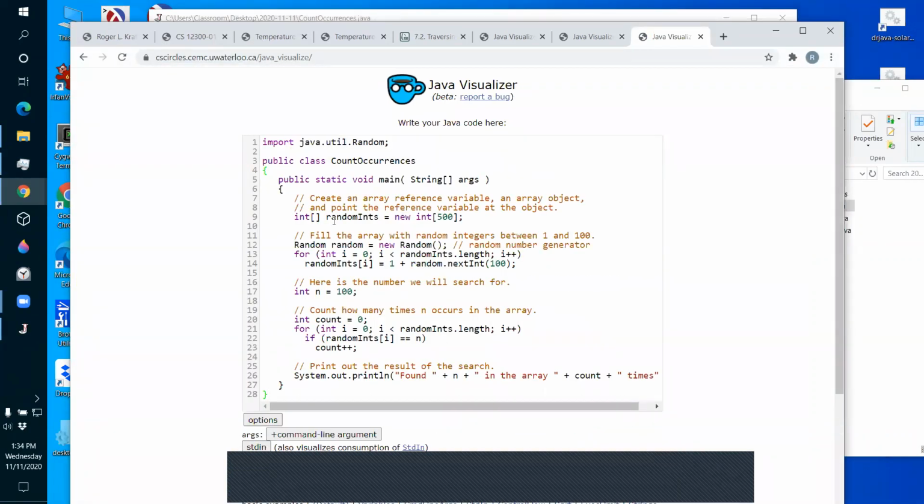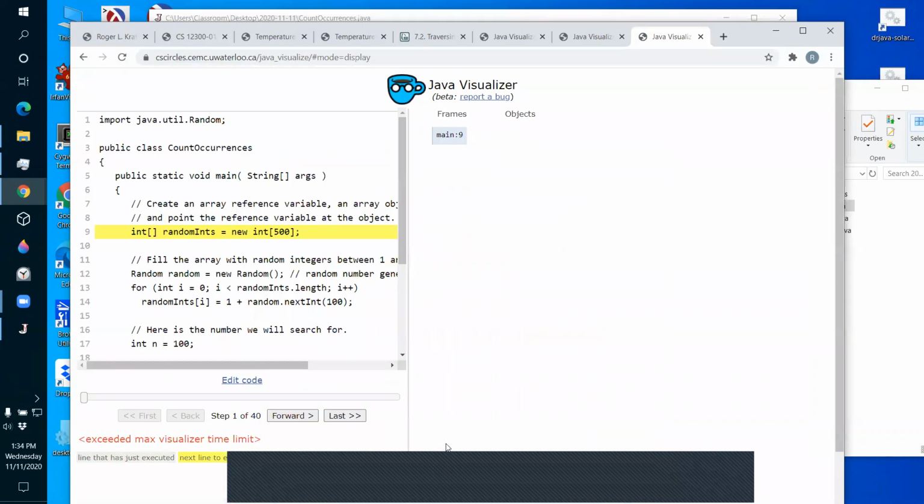Okay, so we're going to create an empty array, well, it's not really empty. We're going to create an array of 500 zeros here. I don't know if it'll let us do this. We may have to shrink the size of the array. Yeah, it didn't let us do that many loops. Let's see how far it got. Okay, there's my array with 500 zeros in it.